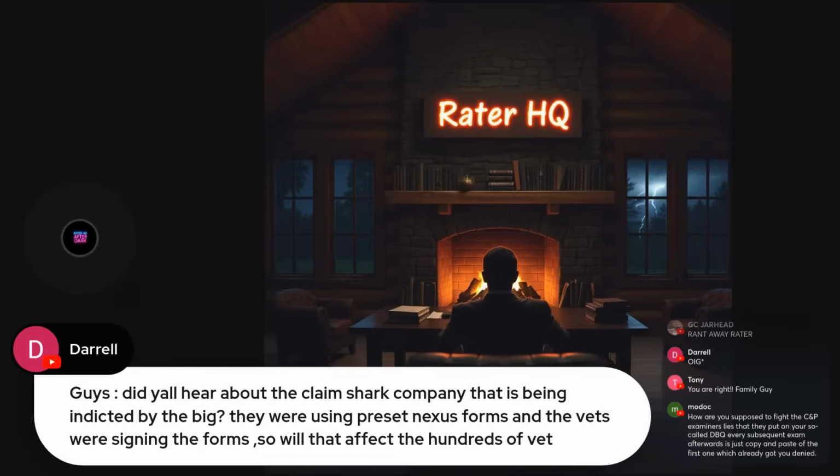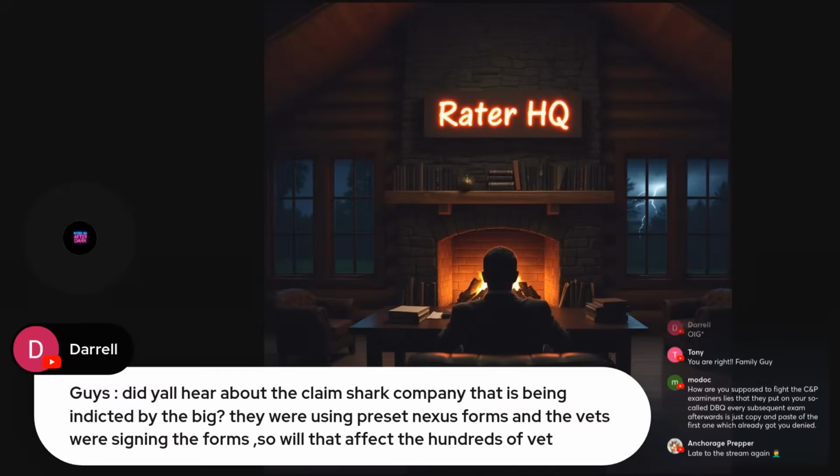entire thing to include buddy letter templates, and they have all these things where they coach you on how to specifically talk during an exam, maybe not what to shy away from, or what I might suggest to somebody that would be benign: go download the DBQ, check the boxes that you think are true, and then give an example of each of the boxes that you check for mental health. That's good exam prep, because sometimes you're not fully aware of how things bother you, and you're not fully aware of how they manifest, right? But